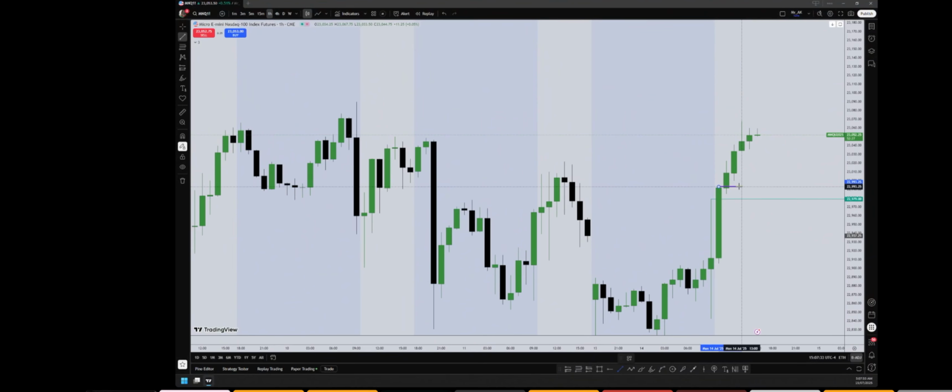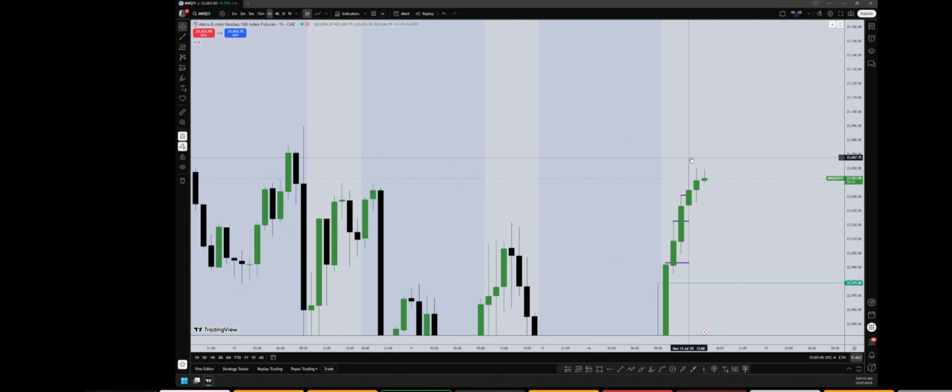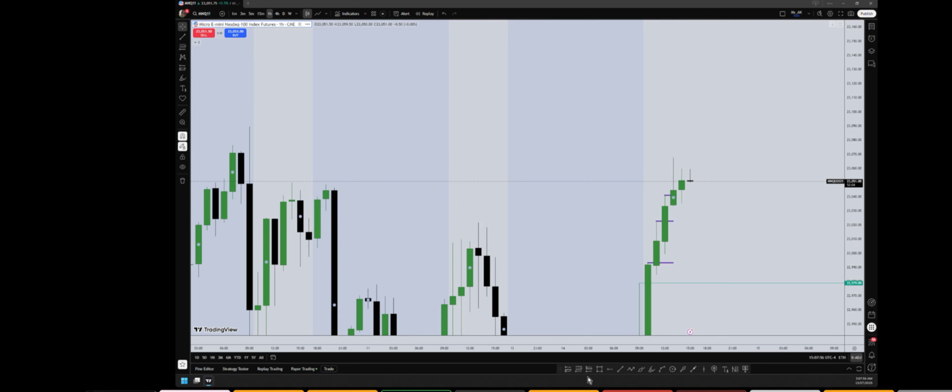What's happening? Closed above, closed above, closed above. Now this is what you are looking at. Closed above. So next candle, what did it do? You are still looking at a bullish move. It didn't take this high yet. But this is a 24.5 handle range. Why I'm marking from the low to the high is because you want to see the